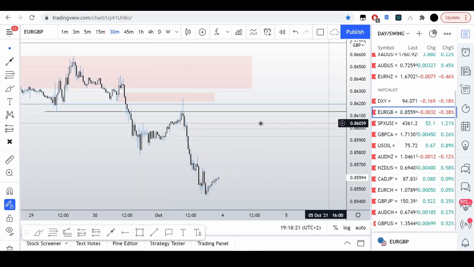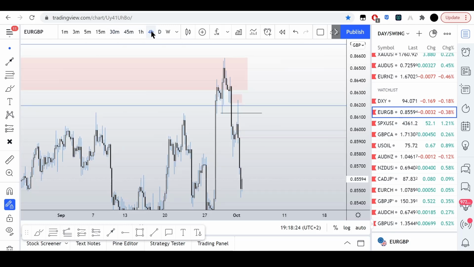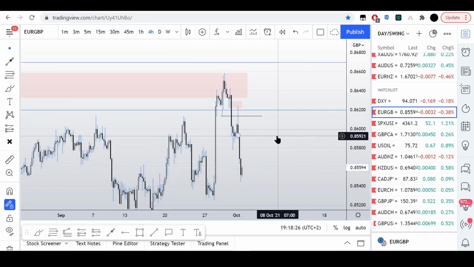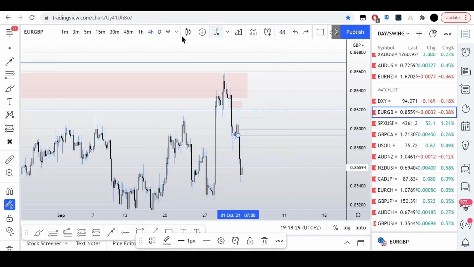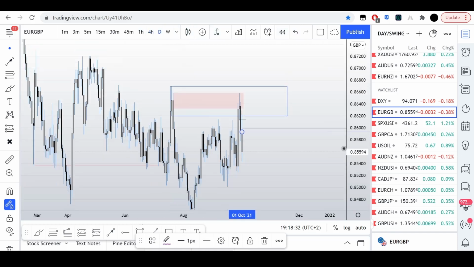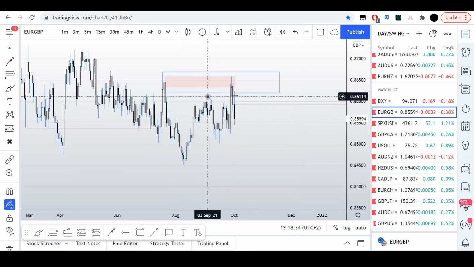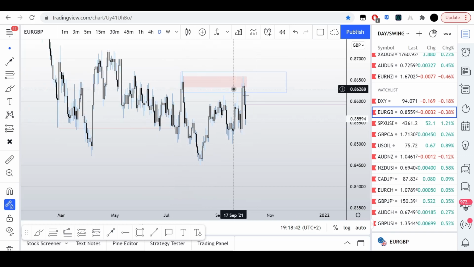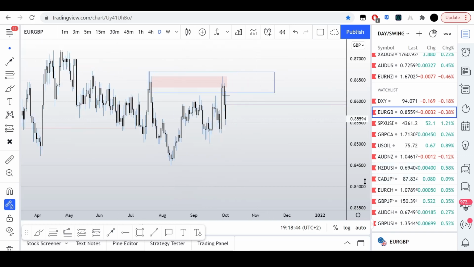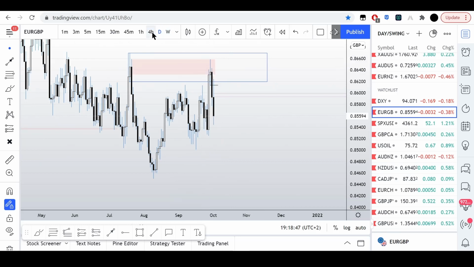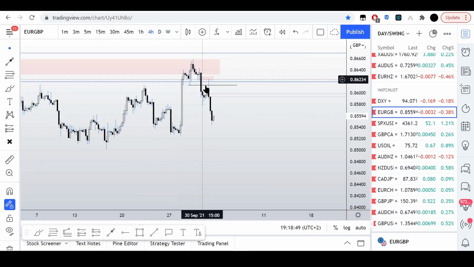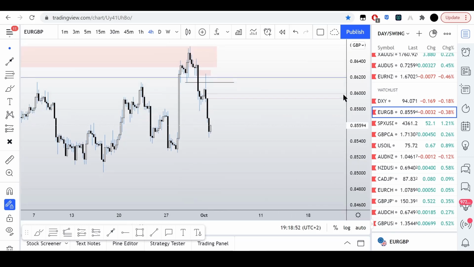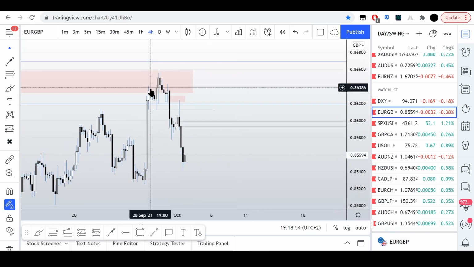I tried to take a Euro GBP trade, but I had my sell limit a little bit too low. Basically, the overall context that I was looking for was how Euro GBP had come up to this buy side liquidity right here, and then you have this bearish order block here, and we have this run up, right? We had this rejection. I was looking for some type of rejection in the form of maybe a turtle soup and then a clean breaker structure. As you can see, after you had that turtle soup here, you had a clean breaker structure. Now when you scale down,